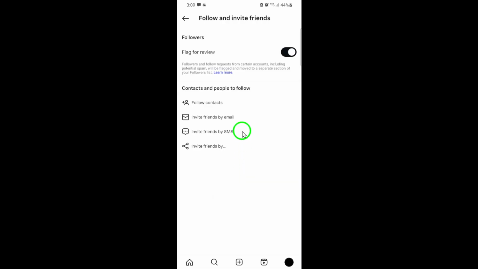Choose the contacts you want to send the invitation to, and WhatsApp will automatically generate a message with a link to Instagram. You can personalize the message if you like before sending it out. And that's it. Your friends will receive your invitation through WhatsApp, making it super easy for them to join Instagram